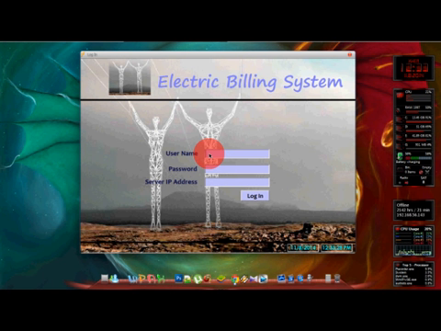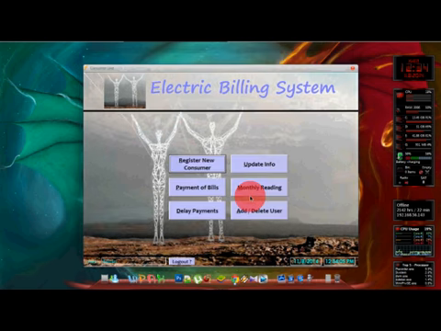As a built-in user, the admin, together with the corresponding password, and the server IP address. The server IP address serves as the location of the database against which the username and password will be checked to log in this account. When I click the login button, the application will route the user to the main menu,